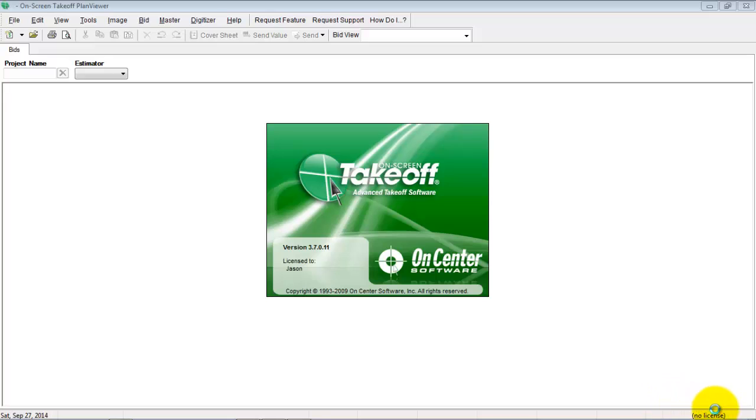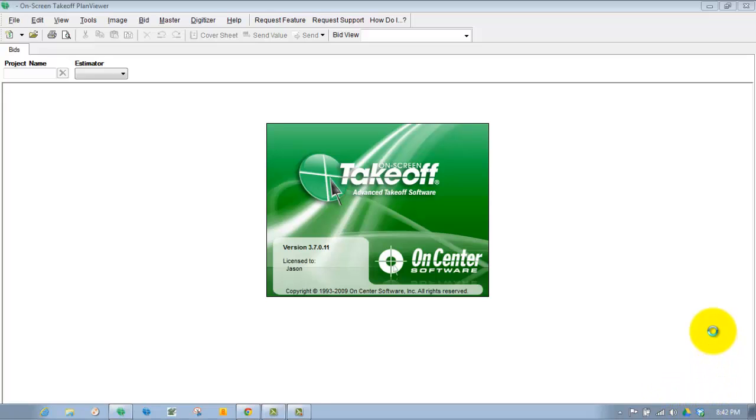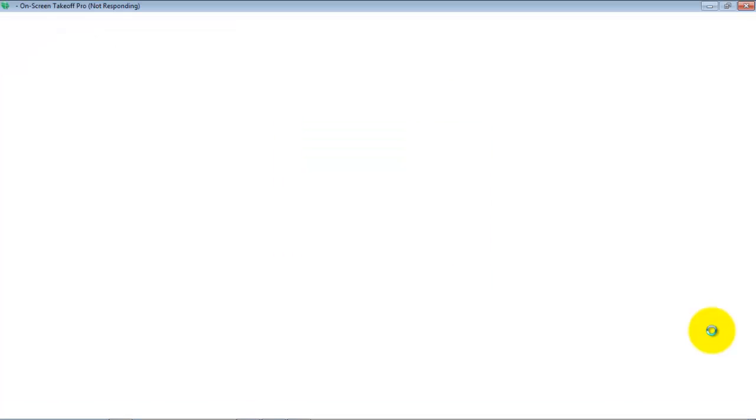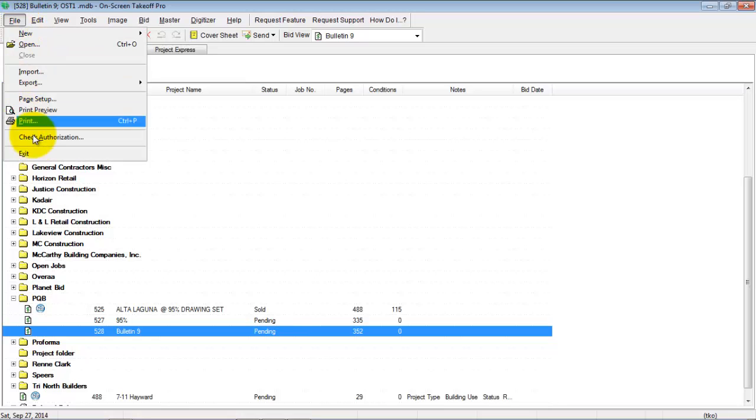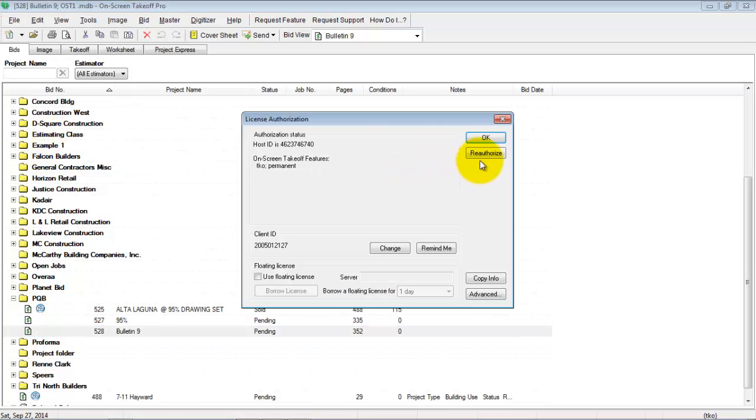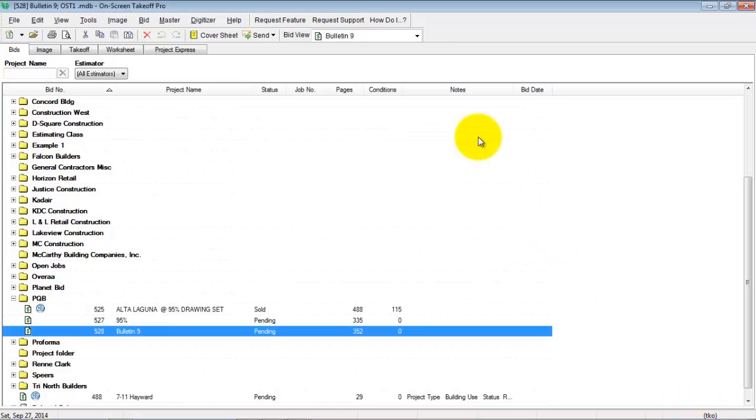Now, one of the things you want to check is that it's loading. You want to make sure down here that it says TKO. That means that this program has the license turned on and you're able to do some editing. If it doesn't, you go over here to File, check Authorization, and click on Reauthorize, and then hopefully down here the TKO will come up. If not, it's just going to say no license down here. Okay,